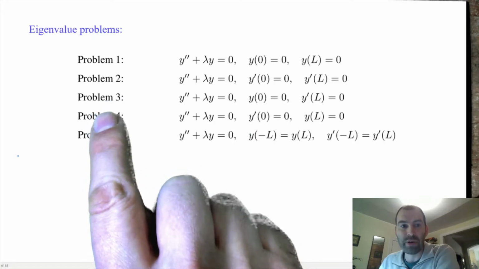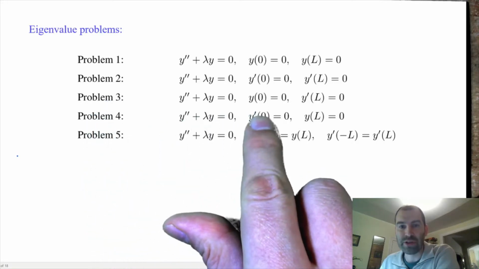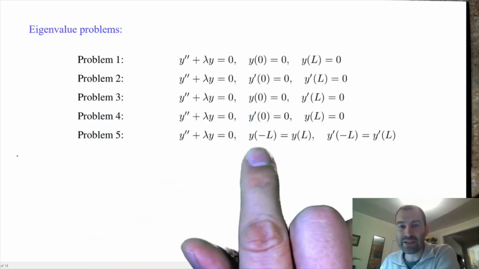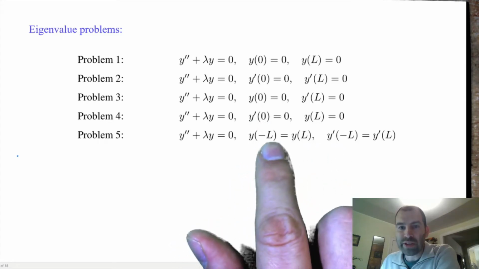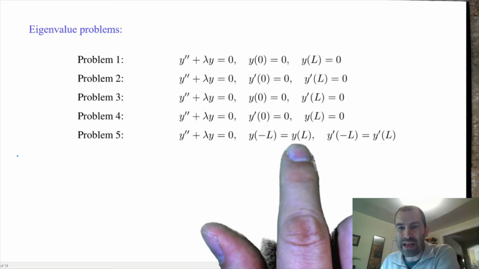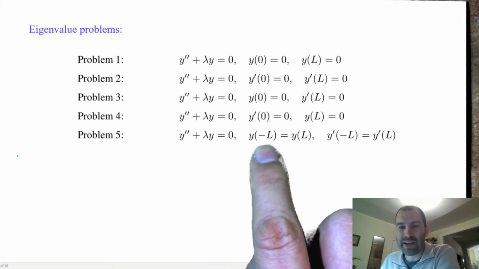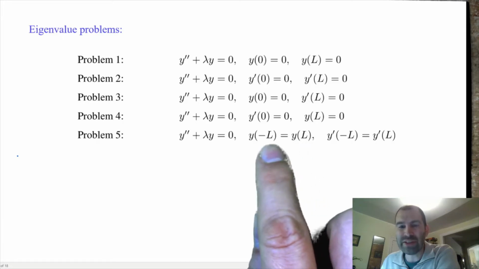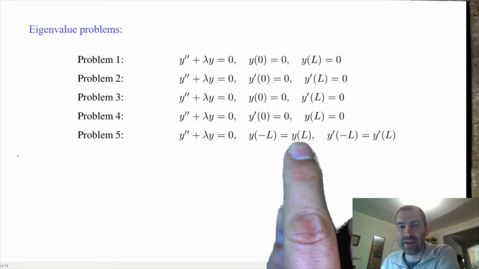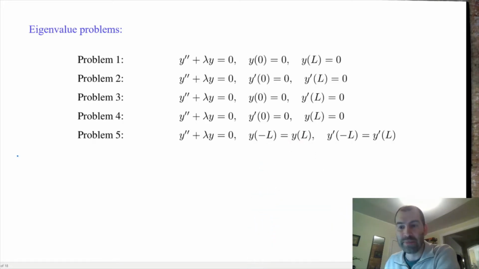And we have other problems as well where we change up these boundary conditions. And the last one, slightly different, we aren't specifying that the conditions be anything in particular. We're just specifying that the conditions are the same at the endpoints of an interval, and this interval goes from negative L to L instead of 0 to L. So just to illustrate what we're doing here,